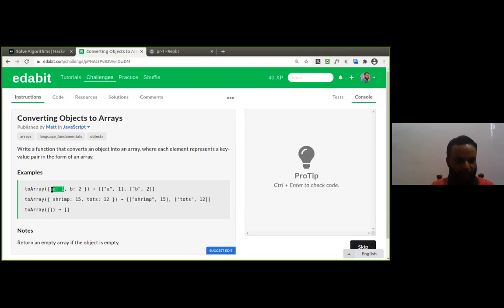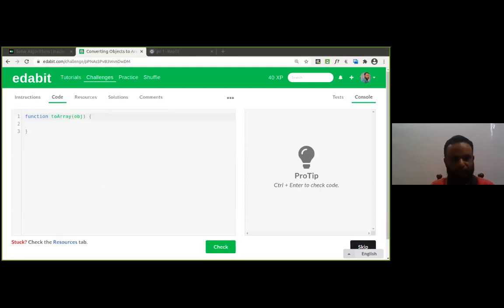The key and value have become an array. And value, so how are we going to say it? Object dot entries. Okay, fine. Any other answer?